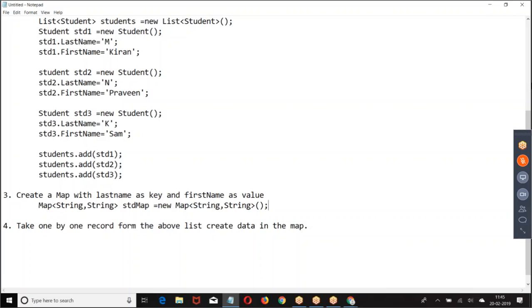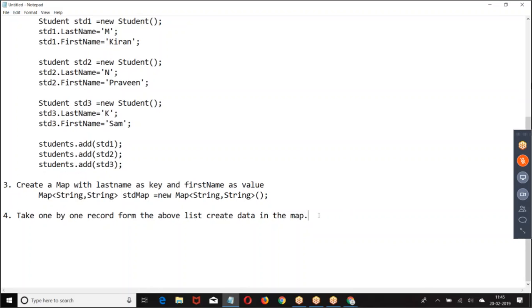Then insert the data. You are supposed to take one by one element from the list, student objects.